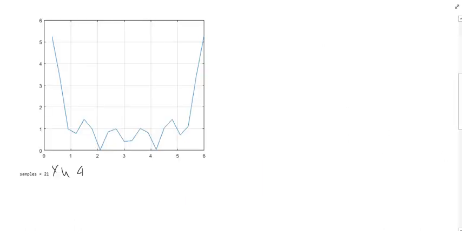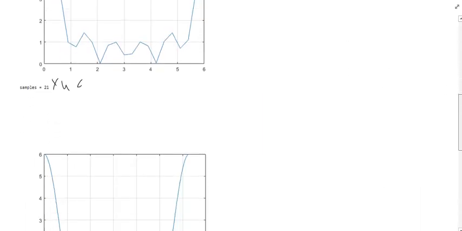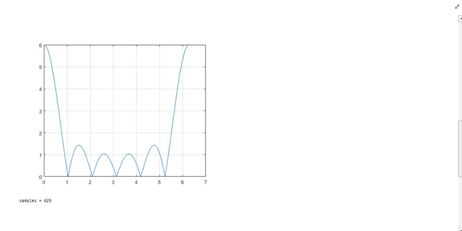So let us increase more points, and let's suppose we have 629 samples, and if each sample is taking 4 bytes, this can be saved using few kilobytes of your memory. Okay, it is sufficient,